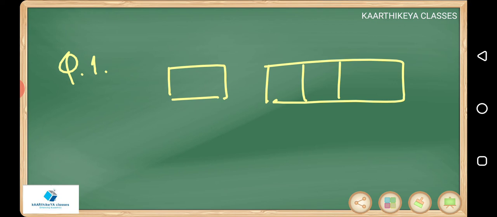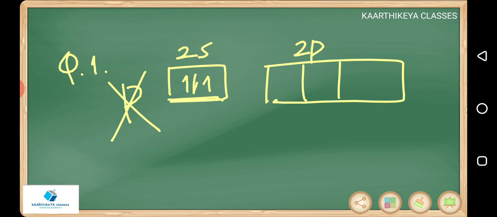This is the 2s orbital. Say this is the 2p orbital. If the electronic configuration is like this, which rule is not followed? An orbital can accommodate a maximum of 2 electrons only, but here 3 electrons are there. So Pauli's rule is not followed. For the remaining rules, there is no need to think here.